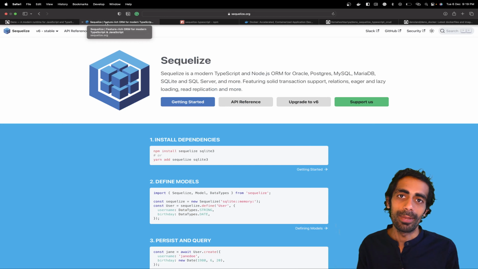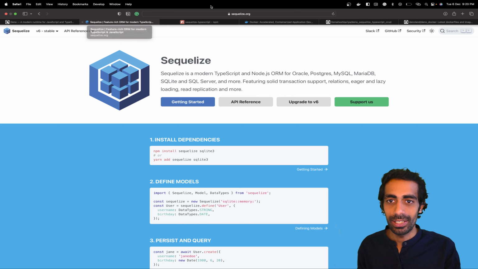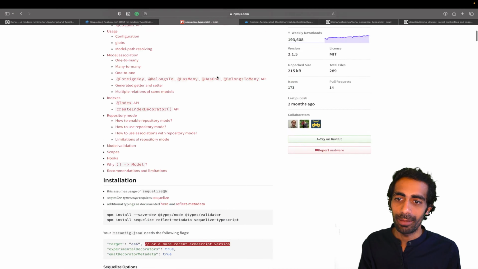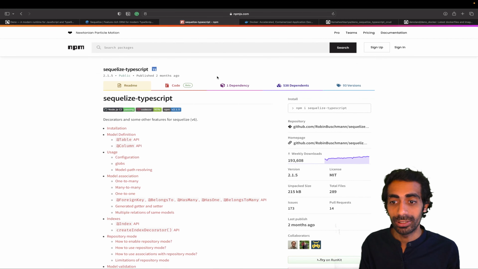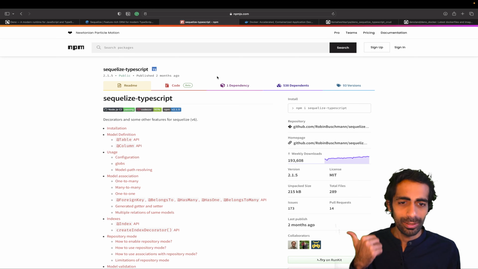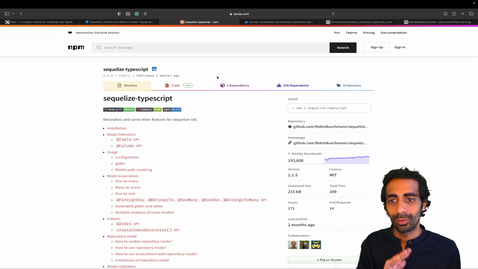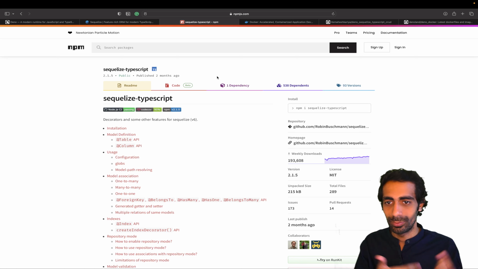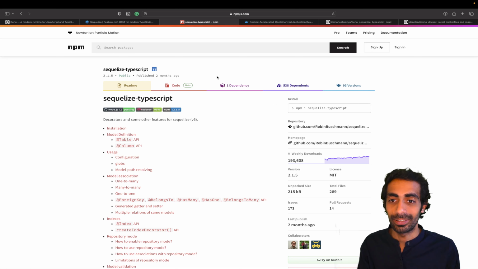Sequelize ORM, if you are not familiar with it, we use for all the SQL databases like Postgres, SQLite, SQL Server, MySQL, MariaDB and lots of other stuff like Oracle and maybe some others. I'm going to use the Sequelize-TypeScript library, which is really very cool because it supports annotations out of the box, which you can prefer to go with. In a future release of TypeScript 5.0 you will see annotations officially supported by JavaScript as well in TG39. Hopefully TypeScript will recalculate all the things, but by the way, that's not the point